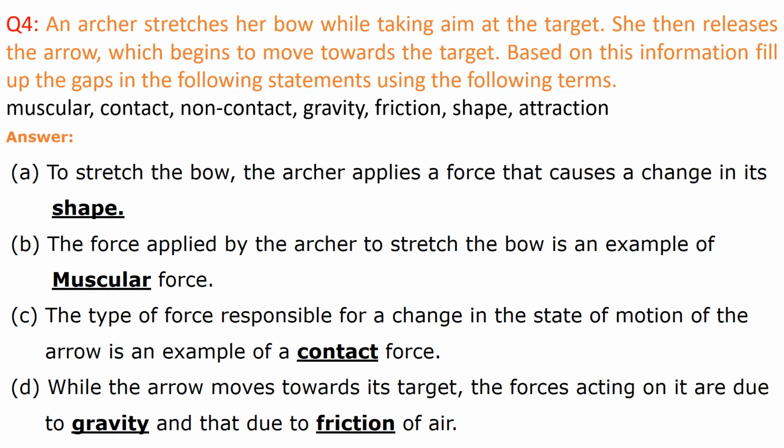And the answer is, to stretch the bow, the archer applies a force that causes a change in its shape. And the force applied by the archer to stretch the bow is an example of a muscular force. The type of force responsible for a change in the state of motion of the arrow is an example of a contact force. While the arrow moves towards its target, the forces acting on it are due to gravity and due to the friction of the air. So the next